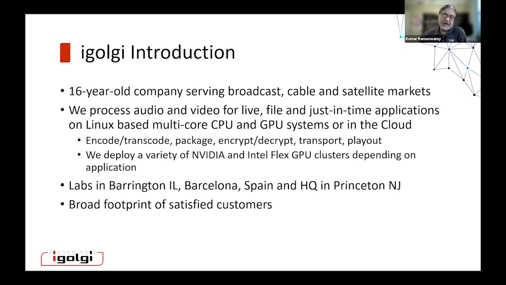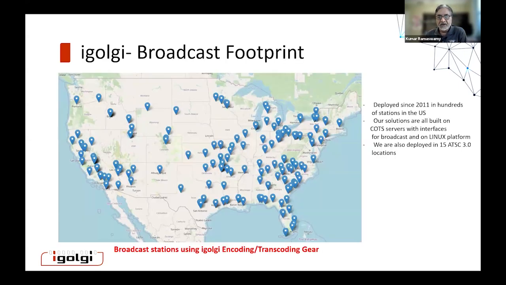For a while, we were rebranded by Larkan, and then when Larkan went out of business, we were rebranded by Anywave, in the broadcast world. And in the cable world, Vecima and CSI, there are several companies that resell our product. And in satellite, there is an Israeli company called Novelsat that rebrands our product as well. And so we have kept ourselves as a technical company and resell through other resellers. But over the last few years in the broadcast world, we have started to sell our own product with the igolgi brand name. That's the footprint of where we are countrywide.